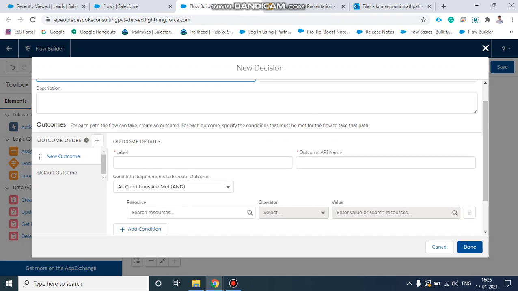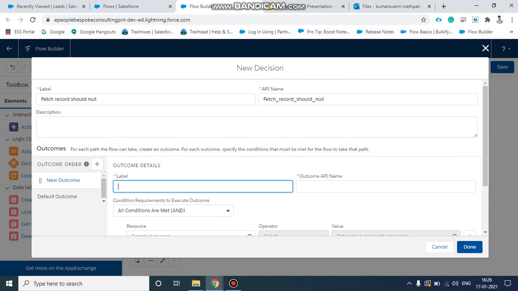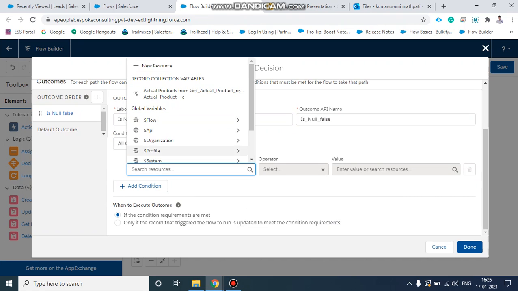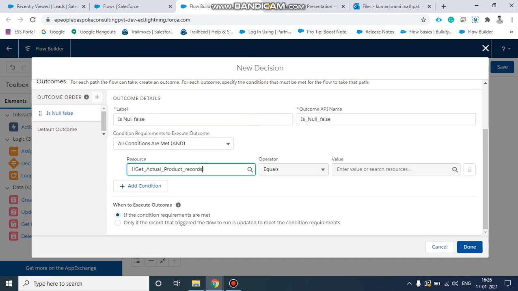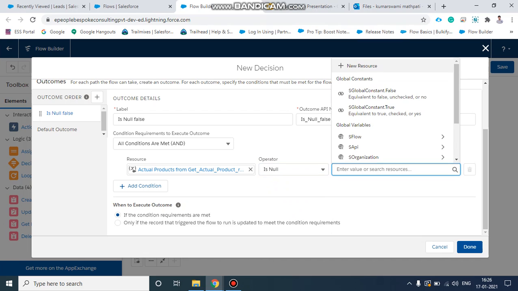If there is, we need to set a decision where is null equals false. We will set that name. Then we will take get records is null equal to false. That should not be null.